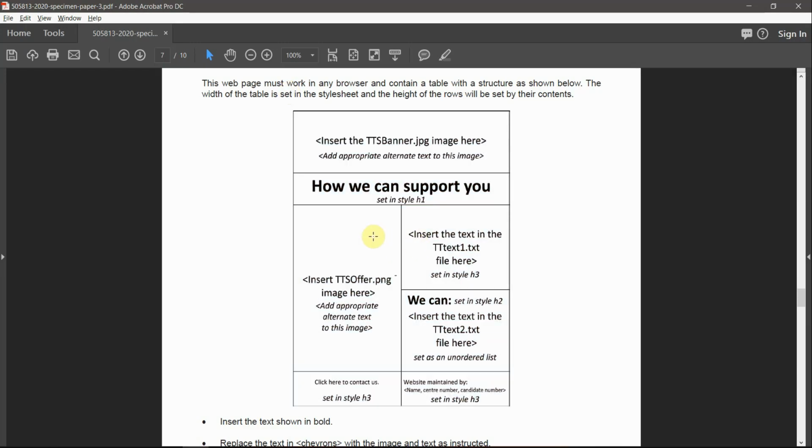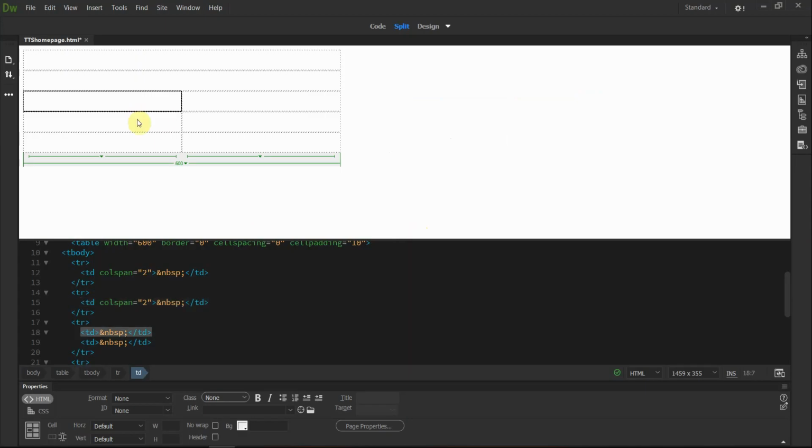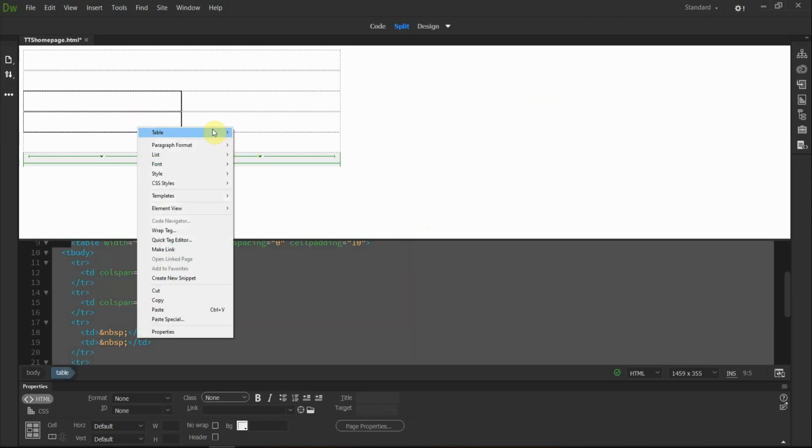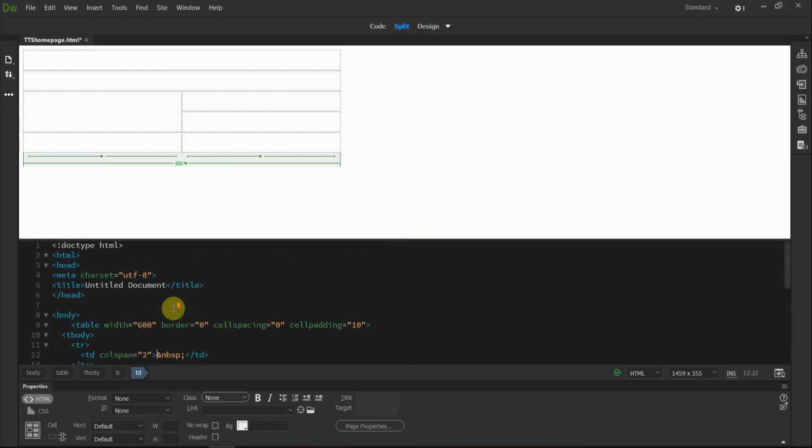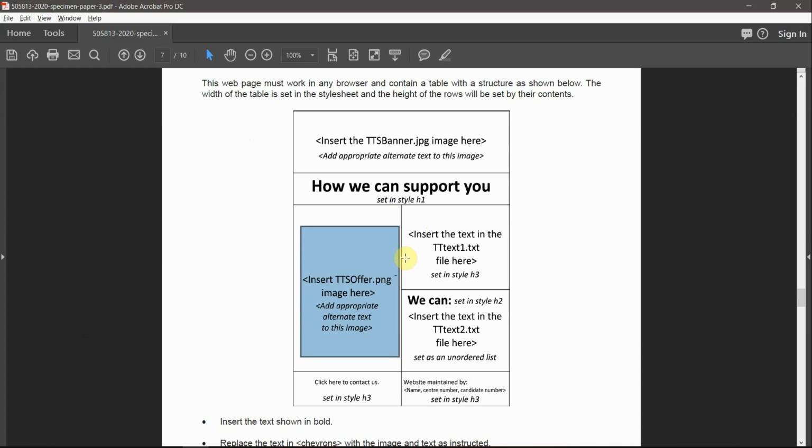Third row, we don't need to merge the 2 columns, we need to merge the 2 rows over here. Okay, we're done with it, but we need to make sure that